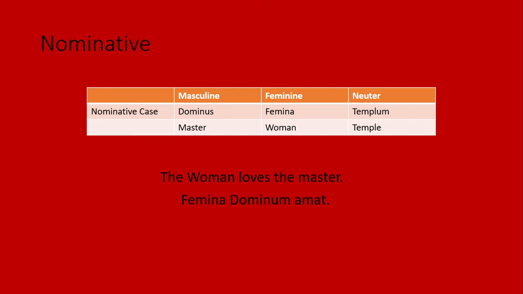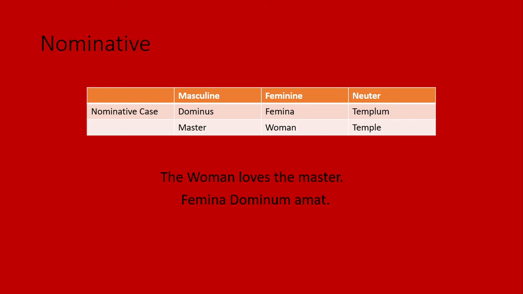actor which actually acts upon another object. So the subject is the doer, and the object is what receives the action. So in the sentence "the woman loves the master," femina is the subject, and in the nominative case, as we can see, it has the a at the end for the feminine noun,